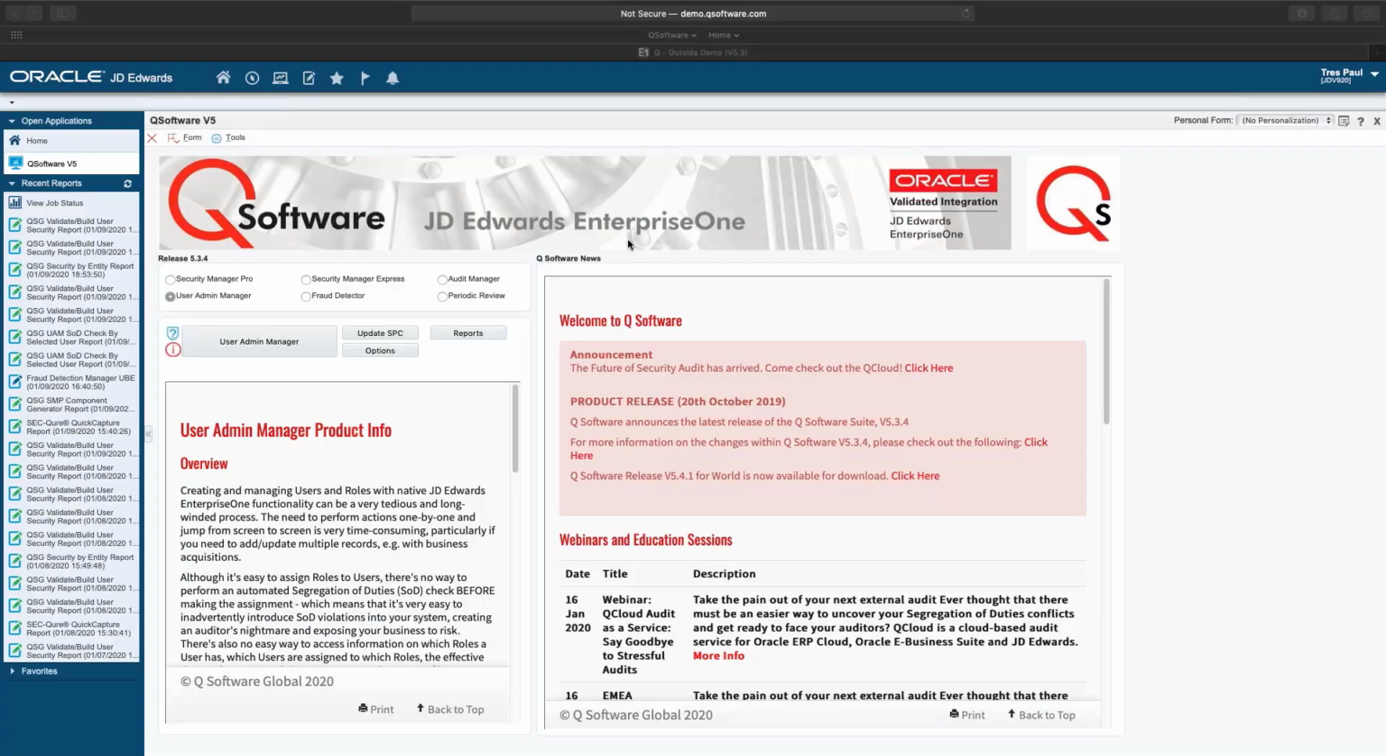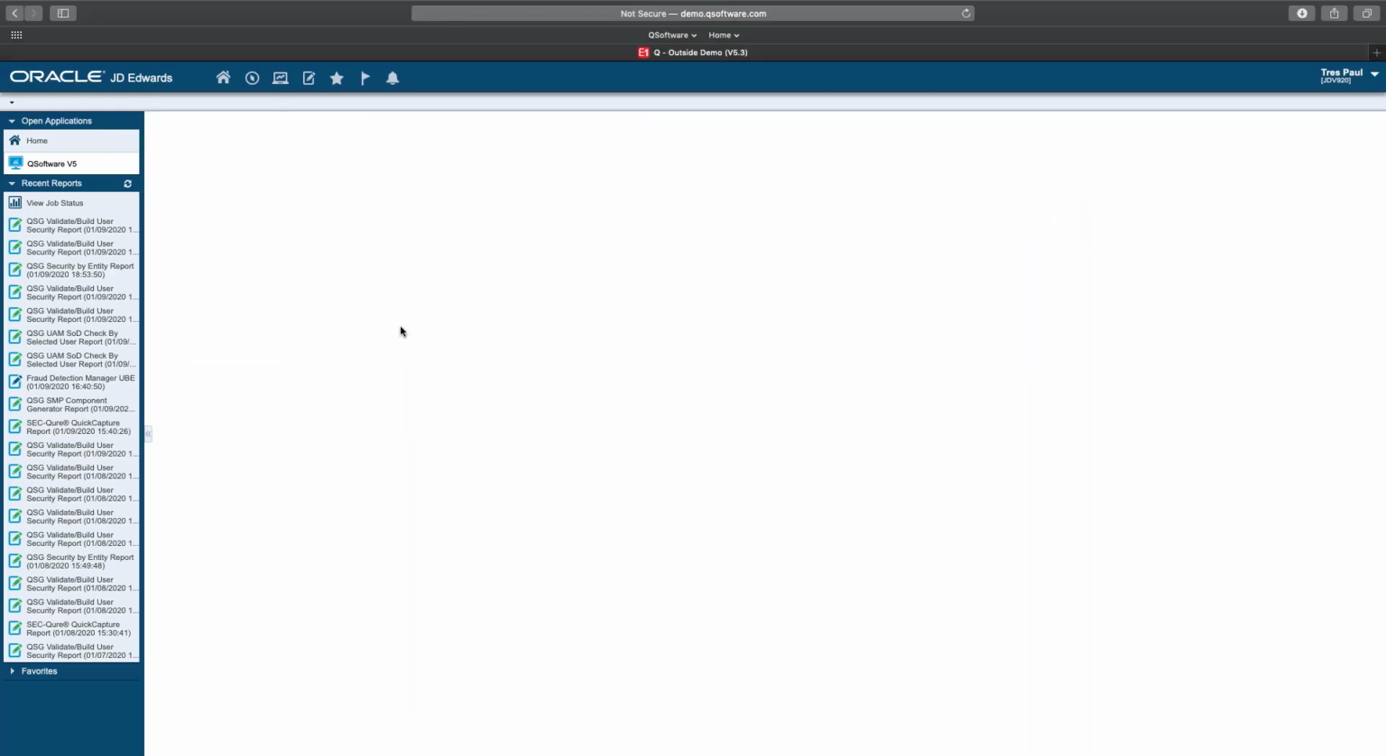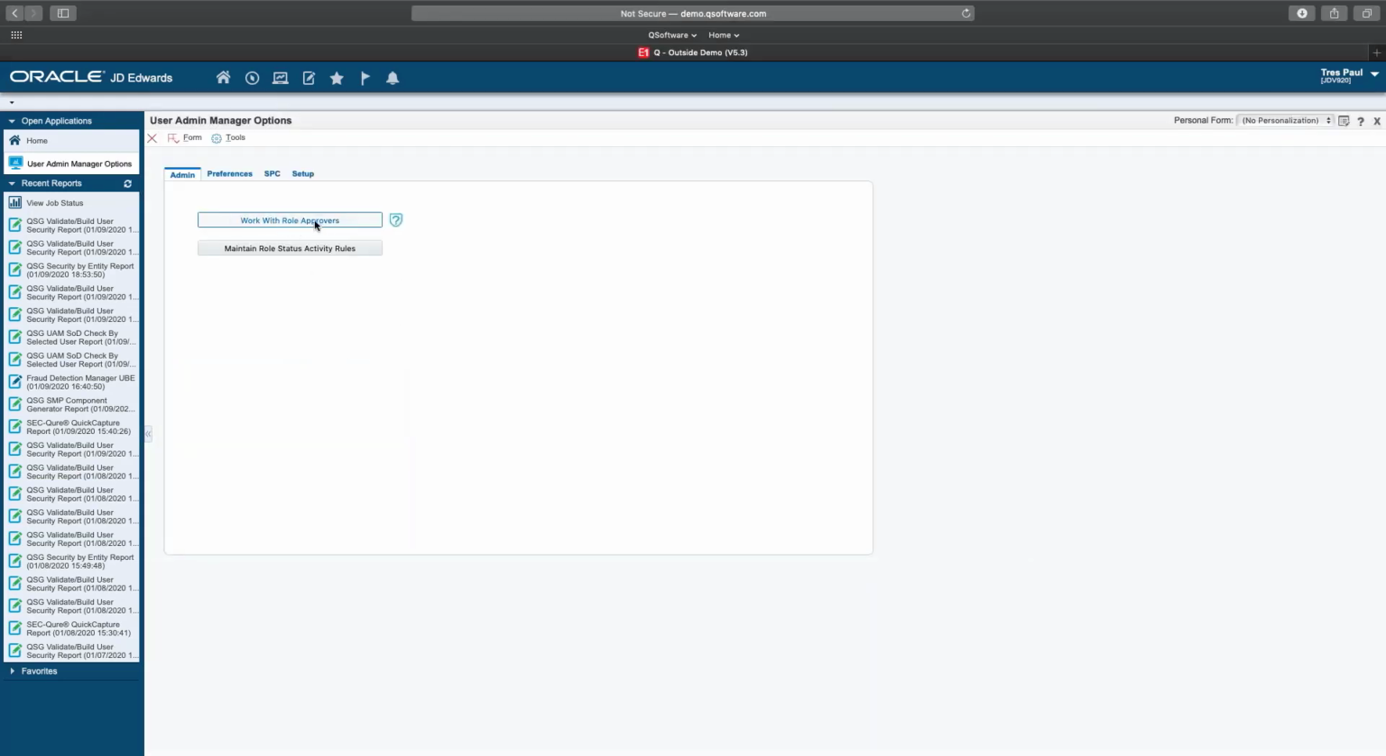Yep. Okay. So on my screen, what you're seeing is the main landing page for Q Software and JD Edwards, and again, completely integrated with JD Edwards. The first thing I'll talk about here is the configuration of the tool so that it can adapt to your specific user provisioning process. So if we go into the options, you'll have the option of actually designating your approvers,